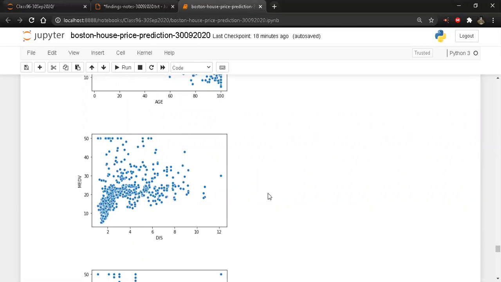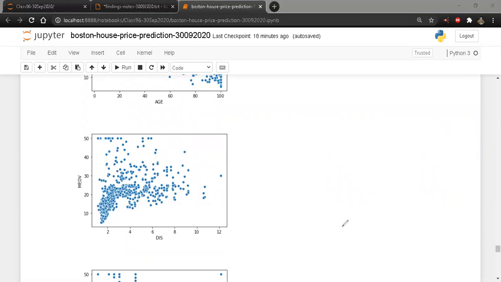So DIS signifies somewhat price because there is a scatter like this, I understand, but I can still try to draw a line which is something like this. Okay, this is a very, very common use case of linear regression, because at many points in time, you will see that this kind of models are being built. So I'll just undo 3 times, and I'm just going to draw the regression line. There are some outliers on the top section, right? So the line is going to look like this.